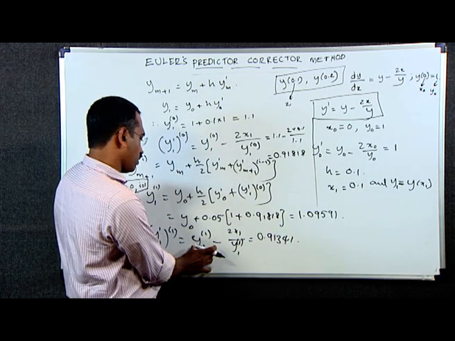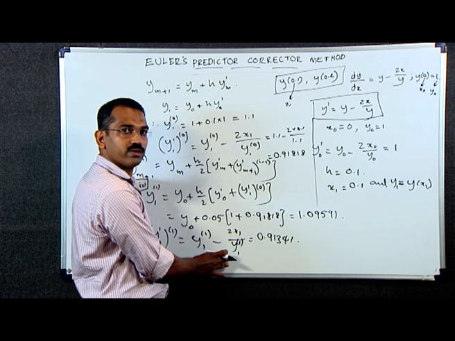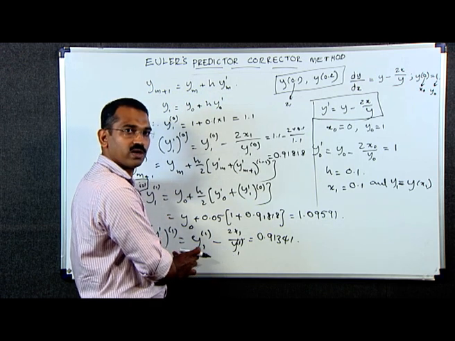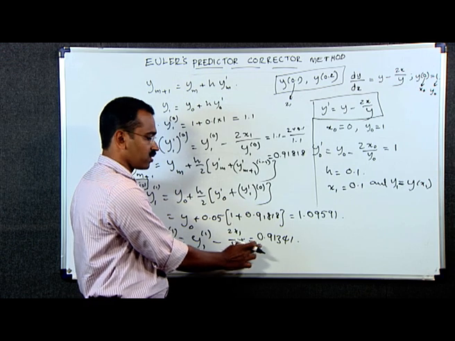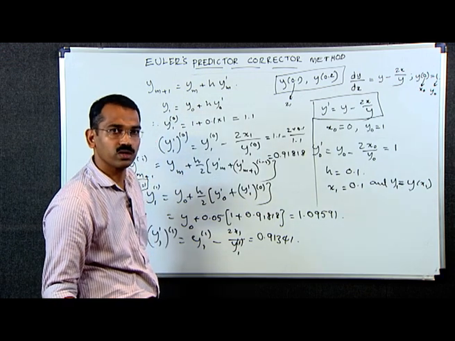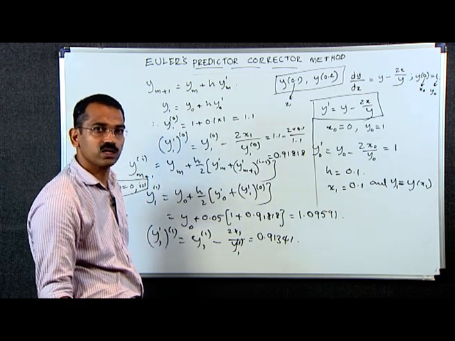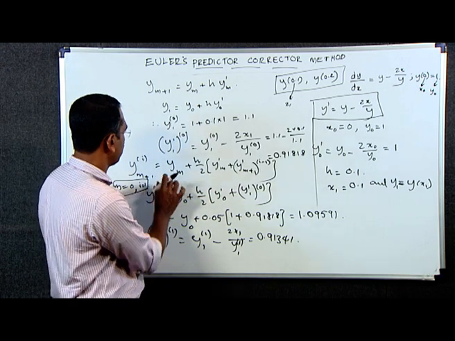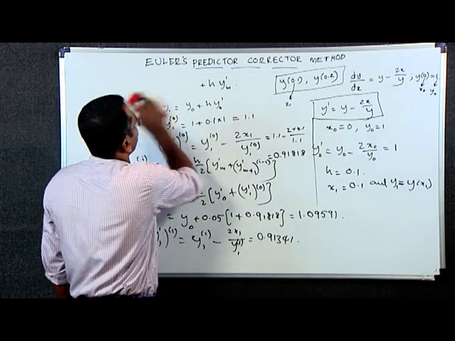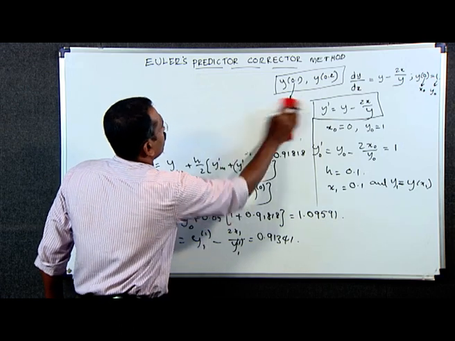By substituting all these values, on simplification, we get y1 dash 1 as 0.91341. Now, taking i is equal to 2 in this expression, we will get